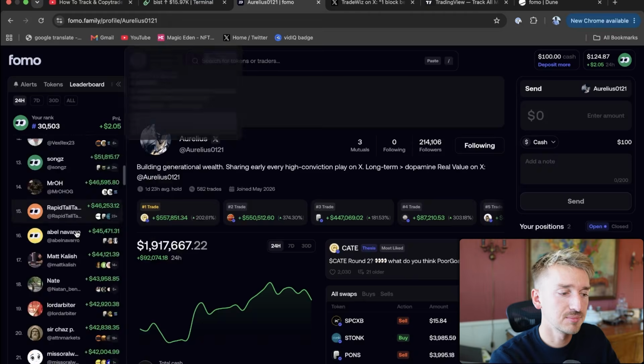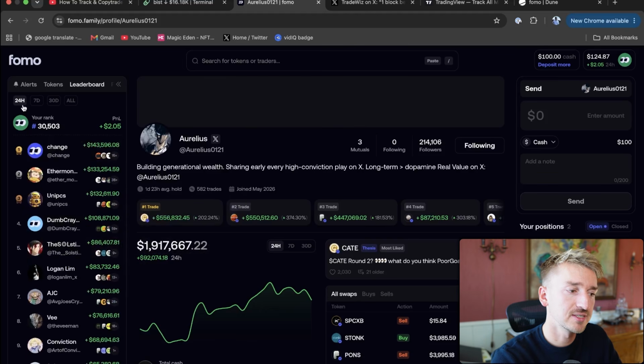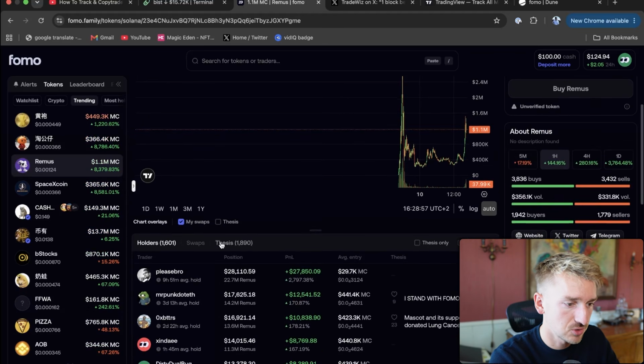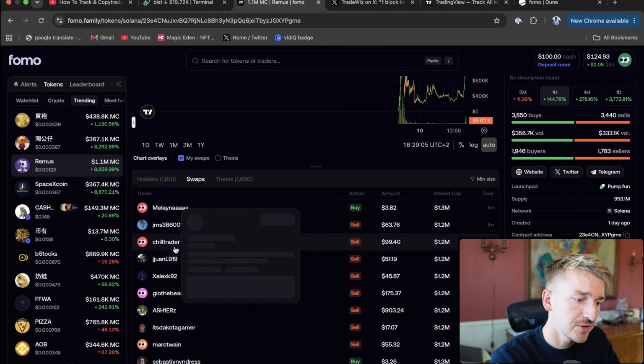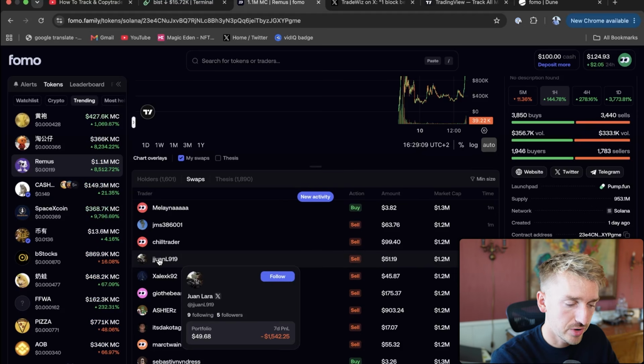It is obviously a bit limiting that you can only see the top 100 traders, but that is why I prefer using the 24 hours. At least you will get new fresh traders every single day. But another good strategy you can use is actually click on to any of these tokens, because here you can see all of the live swaps going on. So here you can easily just hover over any profile and find more underrated people.